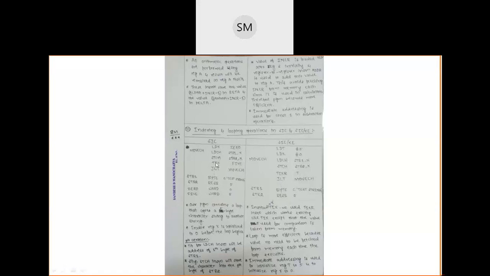Like this, again, TIX will increase the value of x to 2, and 2 is again less than 5, so jump less than. Jump less than means, of course, the condition is true, so jump to move ch. Like this, all the characters will be copied from string 1 to string 2. At the last iteration, this condition will become false.